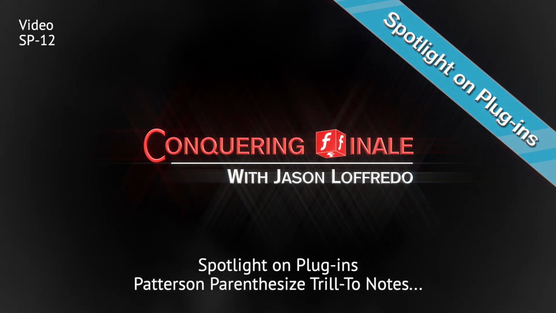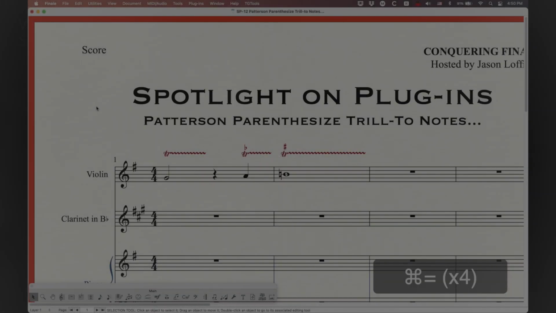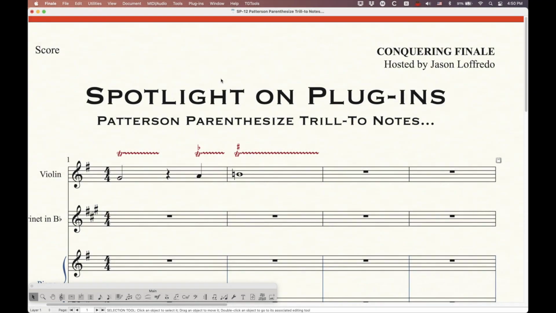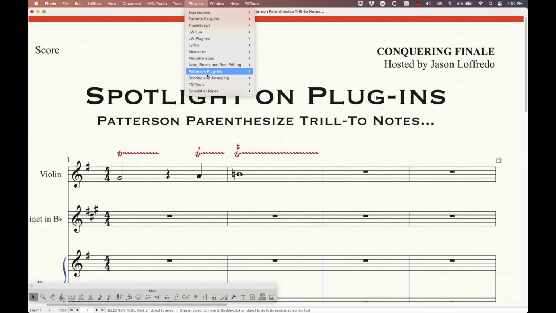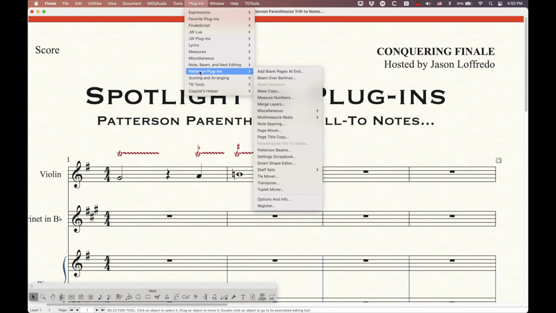We're looking at the Patterson Parenthesize Trill-to Notes plugin, which does exactly what you would think it would do. In the plugins menu, if you have the Patterson plugins, they will appear here, and the Parenthesize Trill-to Notes plugin is right here. It is currently grayed out because you have to have something selected in order to use it. If you do not have the Patterson plugins, it is a third-party set of plugins. You have to purchase it, and I will put a description in the links so that you can do that